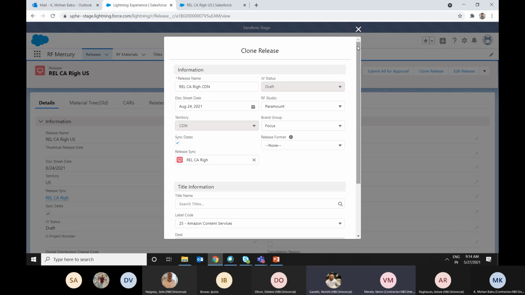Nishit, in the world release force, we are creating a new release for a different territory. Here it's not like we are only creating for the different territory. Here we are cloning data to create a new release for a different territory. For the new release, we are giving an option to the user so that he can change the other title details, if we need to change the state date and all.